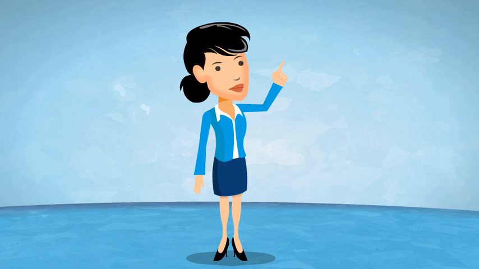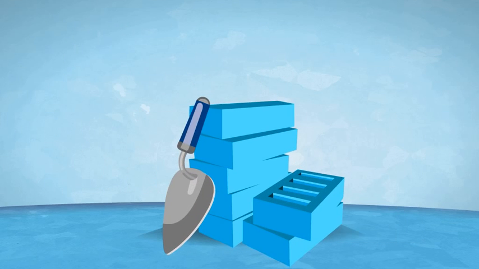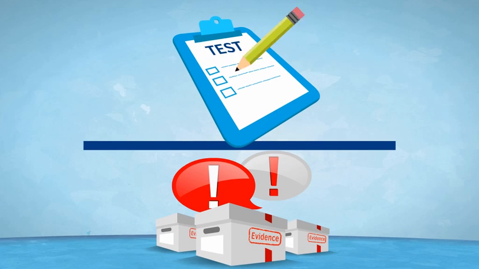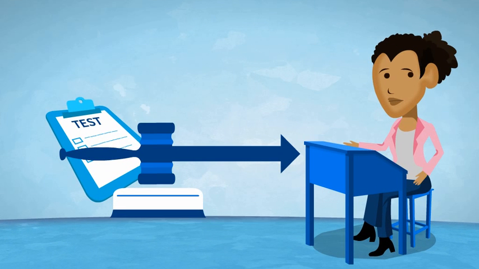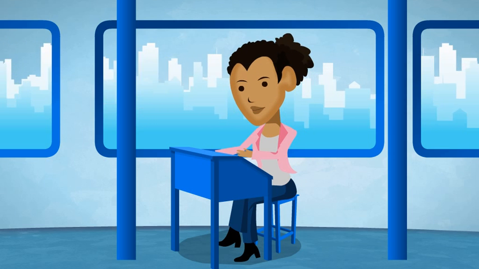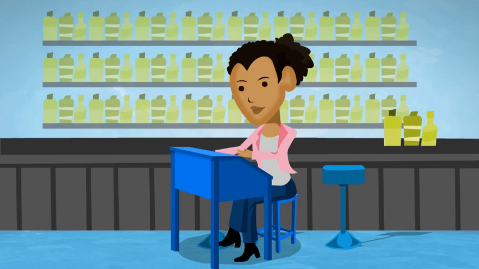It's important to remember that a test itself cannot be valid. Instead, we build an argument based on evidence gathered to support the use of the test for making specific decisions about specific test takers in specific situations. So, while a test may be validated for use in one situation, this does not necessarily mean that it can be used in other situations without additional evidence.